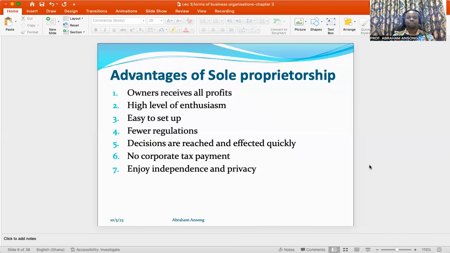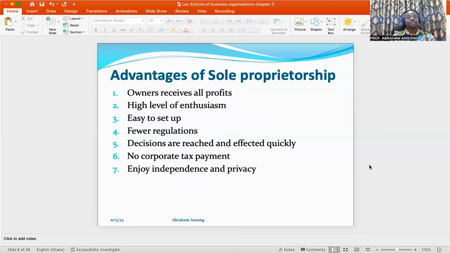So with companies, there are all manner of regulations, forms, and standards that must be met before these businesses are formed. That is a company. But when it comes to sole proprietorship, it's very easy to set it up. Fewer regulations are required, as we can see in point 4 as well, to set up this type